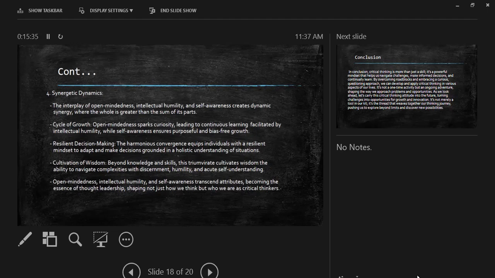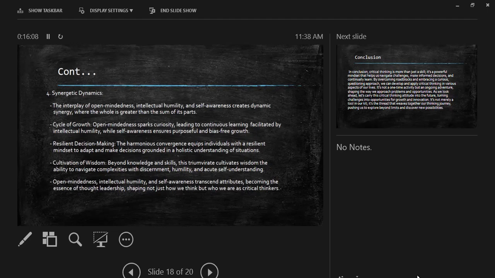Synergistic dynamics. The interplay of open-mindedness, intellectual humility, and self-awareness creates a dynamic synergy where the whole is greater than the sum of its parts. Cycle of growth. Open-mindedness sparks curiosity, leading to continuous learning, facilitated by intellectual humility, while self-awareness ensures purposeful and bias-free growth. Resilient decision-making. The harmonious convergence